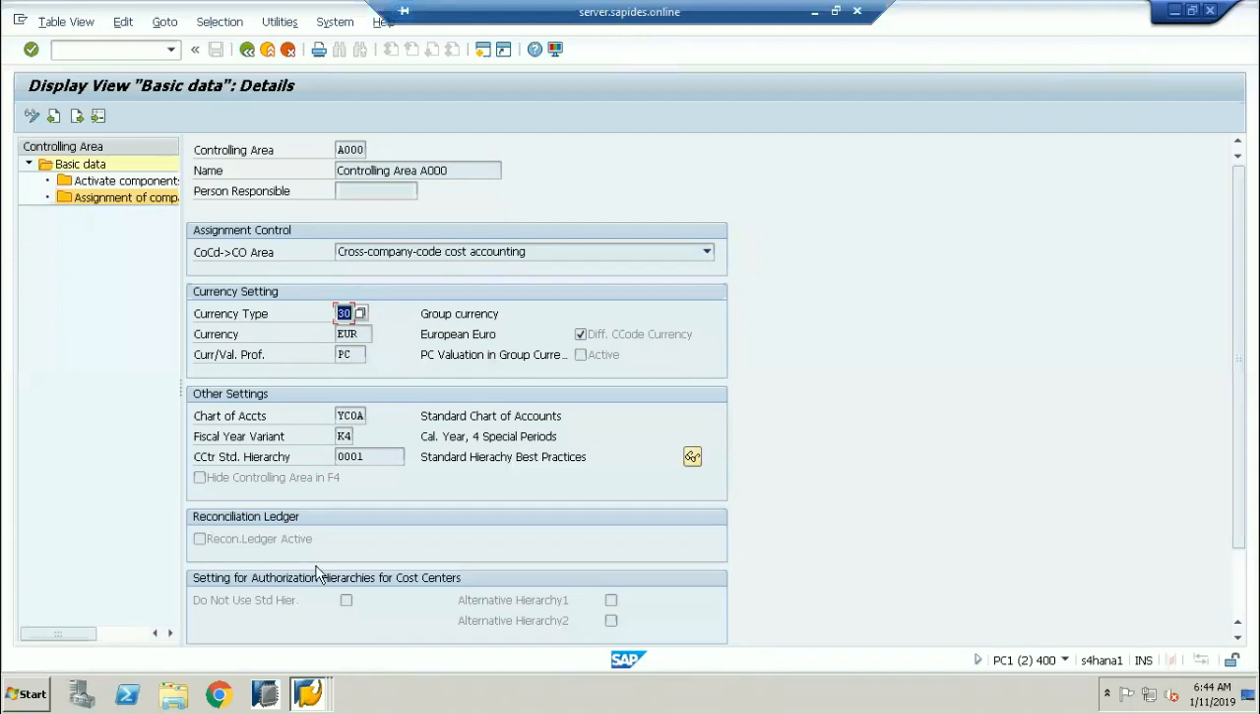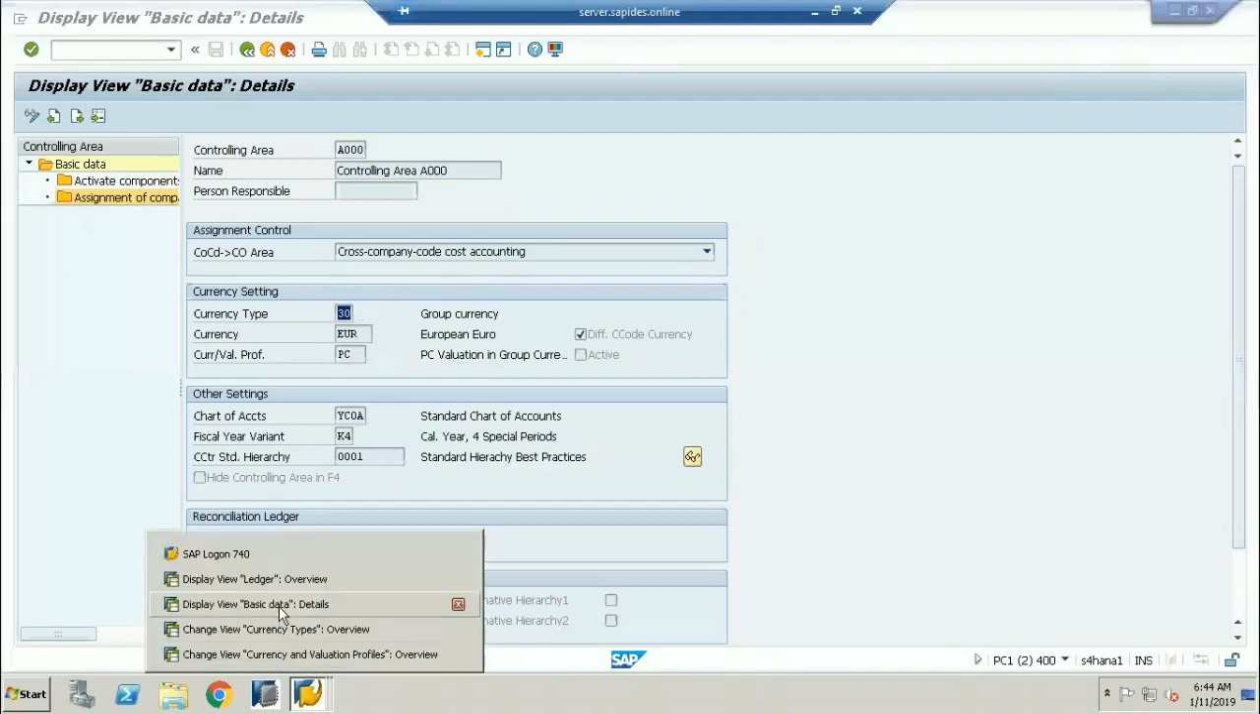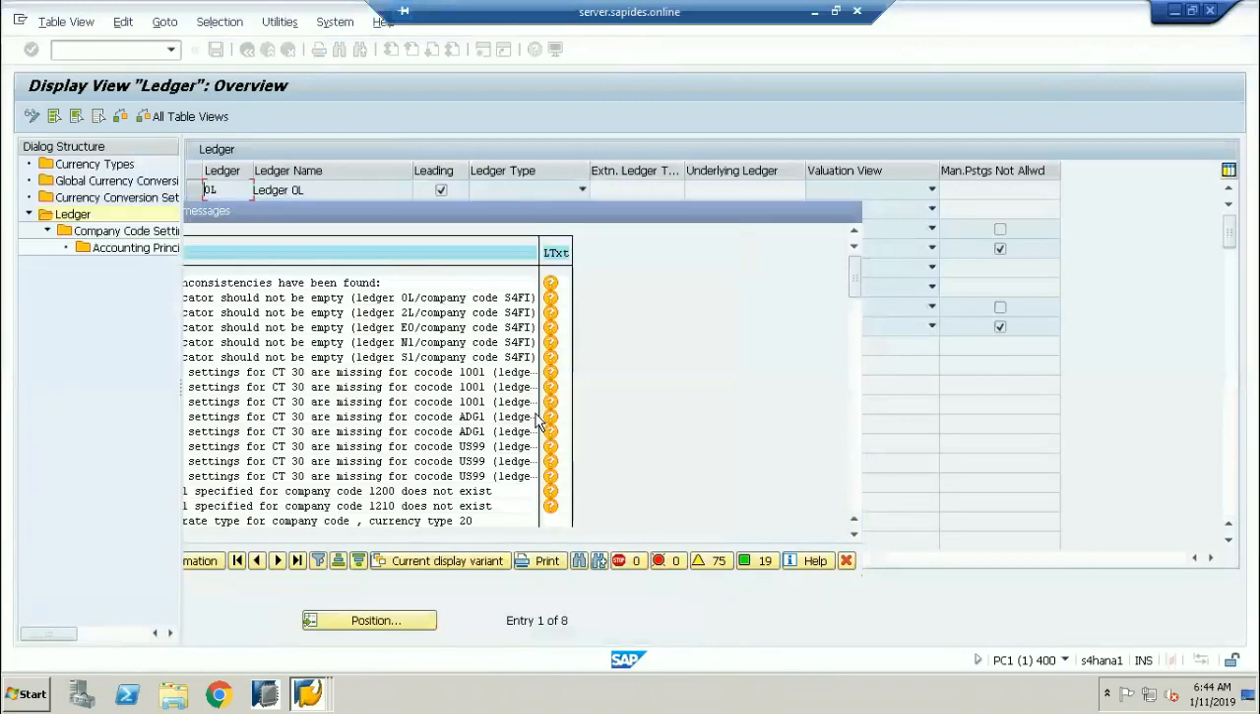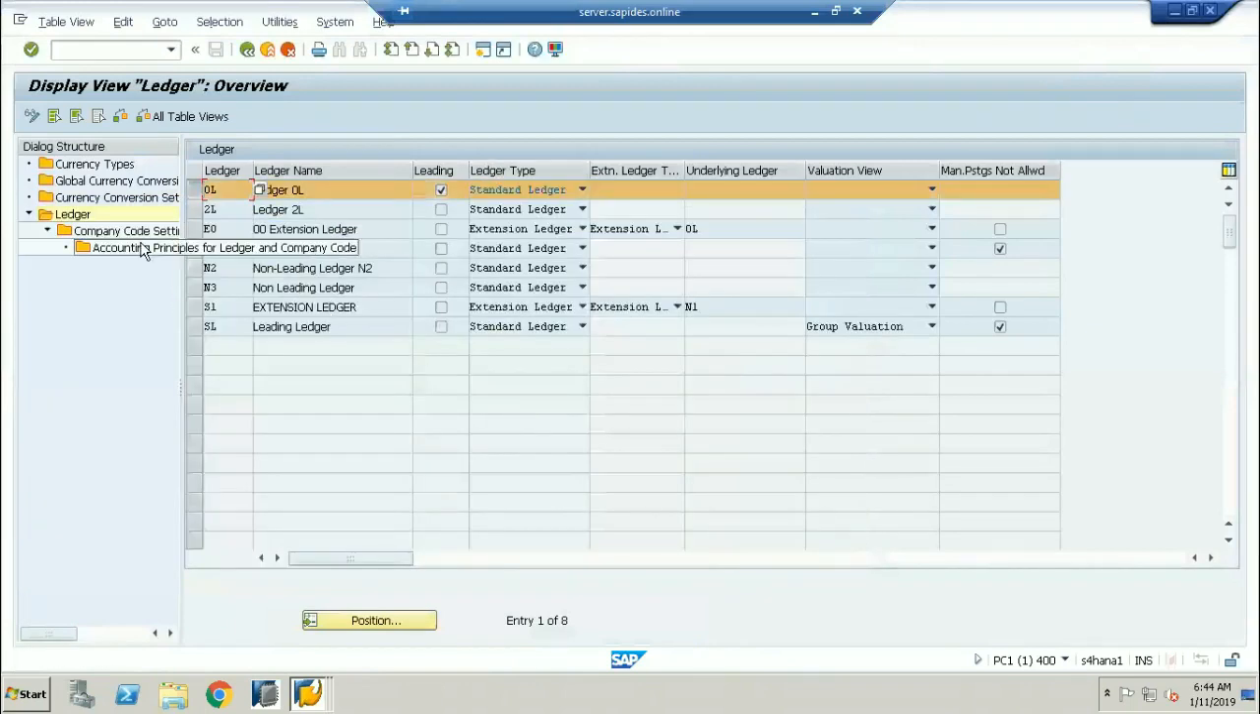Now I'll go to my basic settings. Now I'll go to my ledger. Very, very important. Now I'll go to my ledger. This is my ledger. Now,